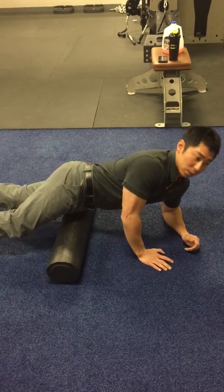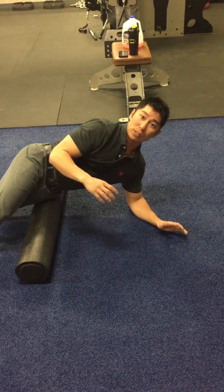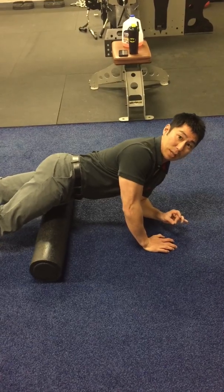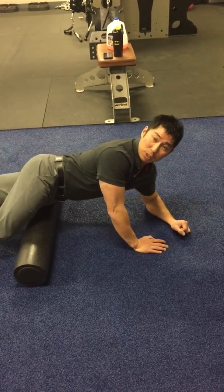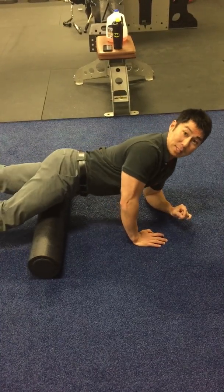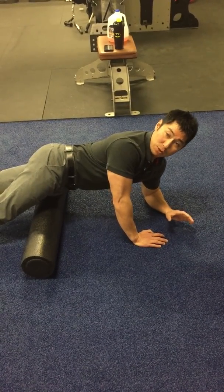Sometimes with foam rolling, a big question is, how should I stay focused in, or where should I focus my pressure? Well, the biggest thing that I like to have people do is find those spots that are tender. So we will generally try to scan through a region that we're working on, and you'll know when you find the spot that needs to be worked on because it's generally pretty sore or tender to touch. When you get to that spot, like for instance, I just found one in my quad right here, this is a spot where I would want to sink some pressure down into it for 20 or 30 seconds,